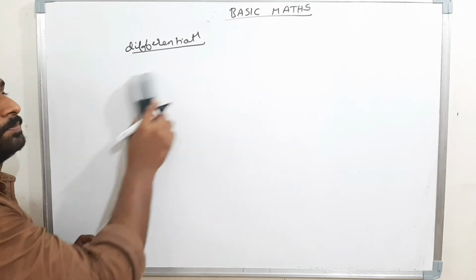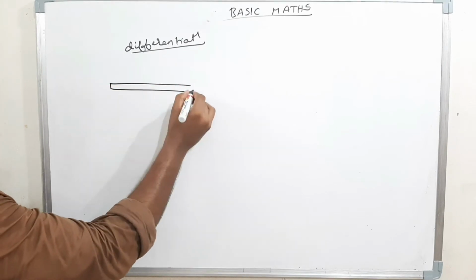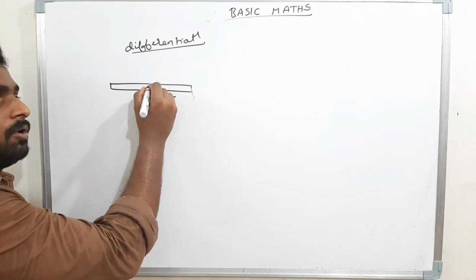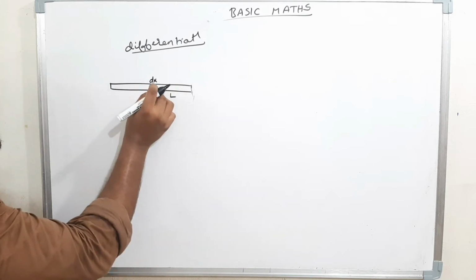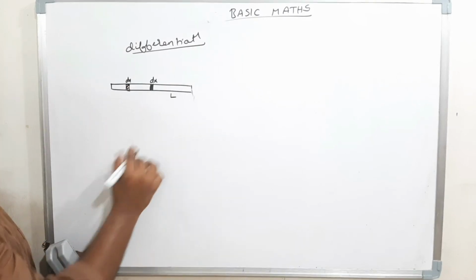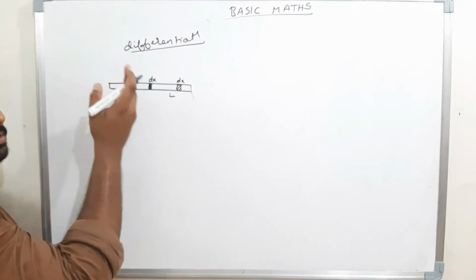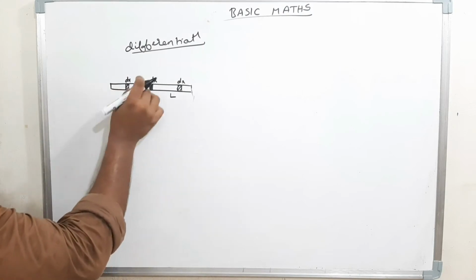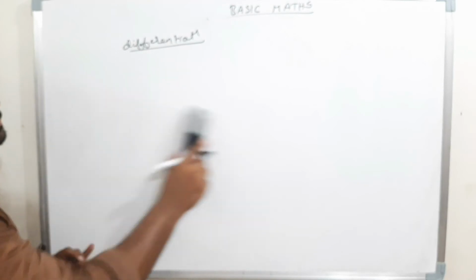Now see here. Assume a rod of length L, and now I am assuming a very, very small part. I can name it dx. Dx means a small part. Here one more dx, a small part. Here one more small dx. Differentiation means breaking them down into small parts: dx, dx, dx. When I combine all these dx, I will get a rod of length L. Okay, now we will see the formulas.